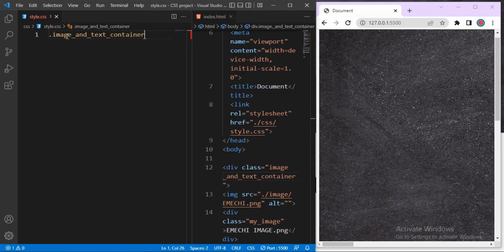I think okay, this spelling is correct. Okay, image and text container. Then I will now open a declaration block. Inside this declaration block, I will now use, let me first of all